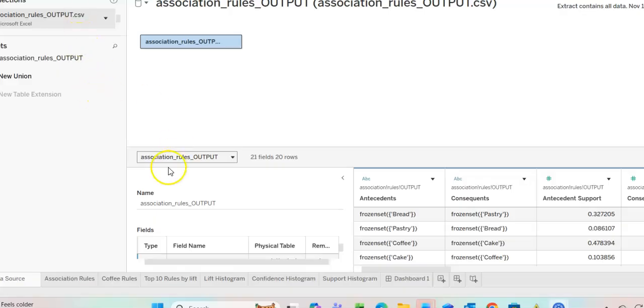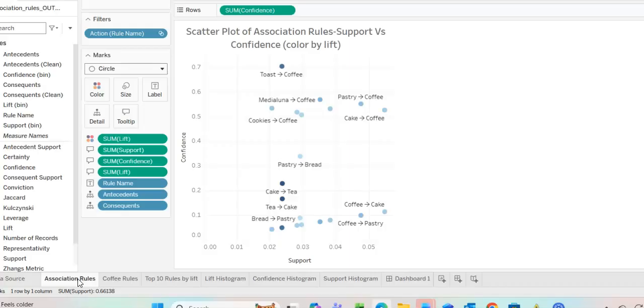Now, the first visualization I created is a scatter plot. I call it the scatter plot of association rules, support versus confidence. This scatter plot shows all association rules based on support and confidence. Each point represents a rule,